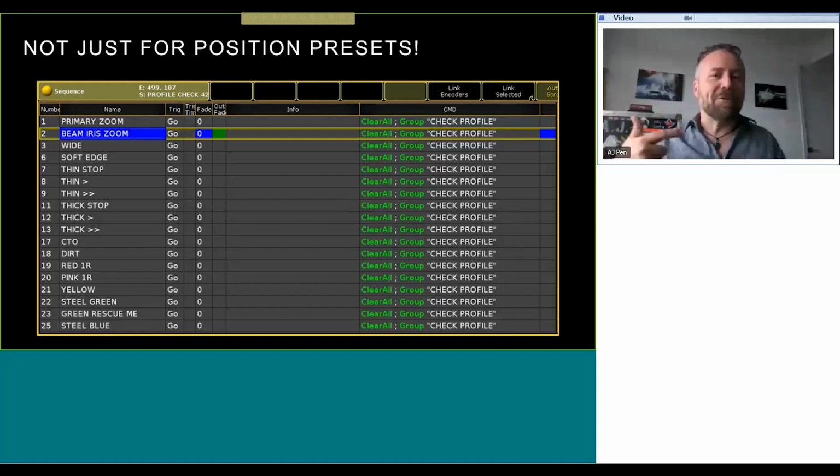I'm going to have to go through this list twice to compensate for differences in the color flags and different gobos and different values for that. So if I re-record that Check Profile group, each time I look at the next position or the next preset, it'll select a different group that I'm concerning myself with at the moment. And you might need to run through this list two or three times if you have several different fixture types.